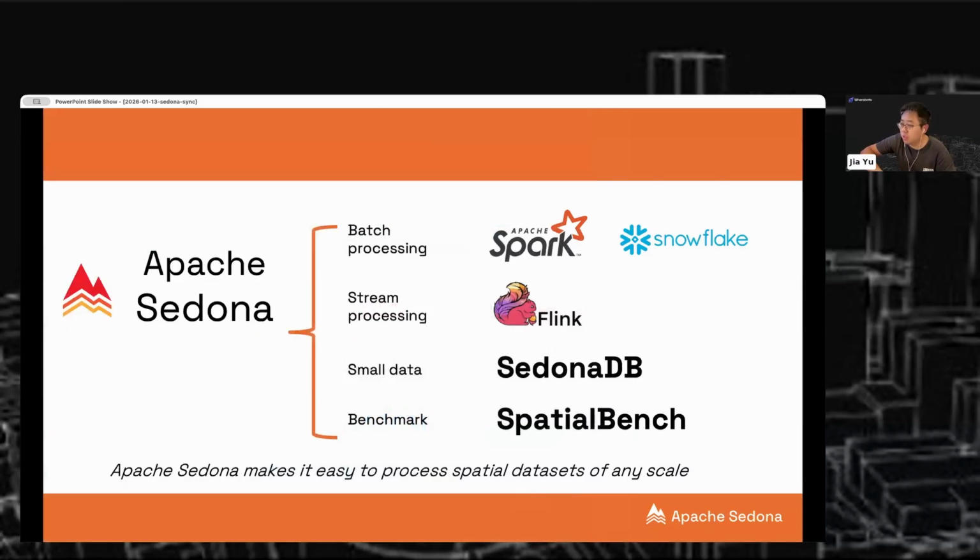And Sedona right now supports a number of different engines, and it also has a few sub projects. So if you want to use Sedona to do batch data processing, you can use Sedona on top of Spark and also Snowflake. If you want to do stream data processing, you can run that on top of Flink. We have Sedona Flink. If you have very small data, we have a sub project called